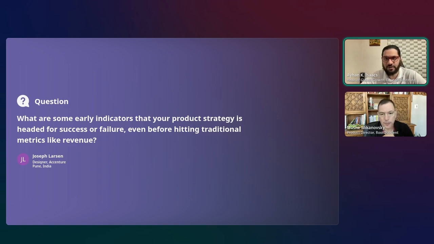Joe from Central India. Yeah, revenue usually is a trailing indicator. They're not leading indicators. So what you want to look at are those leading indicators that are going to tell you if this happens, then in the future this will happen, right? This is one of the things we're always trying to find, leading indicators. It's not that easy, especially in the beginning. What usually you will want to look for is